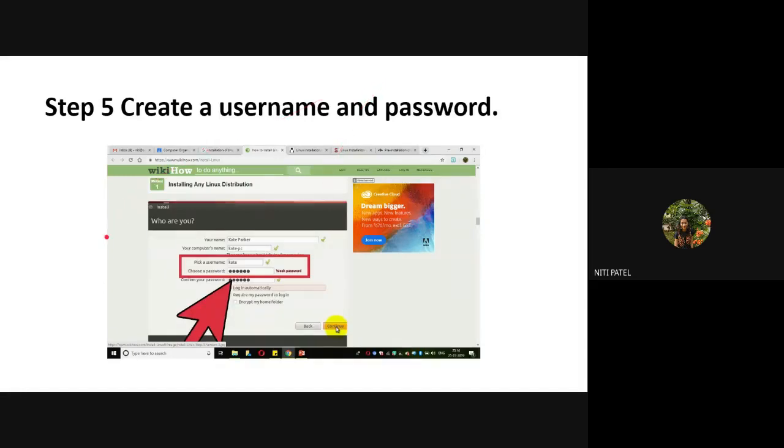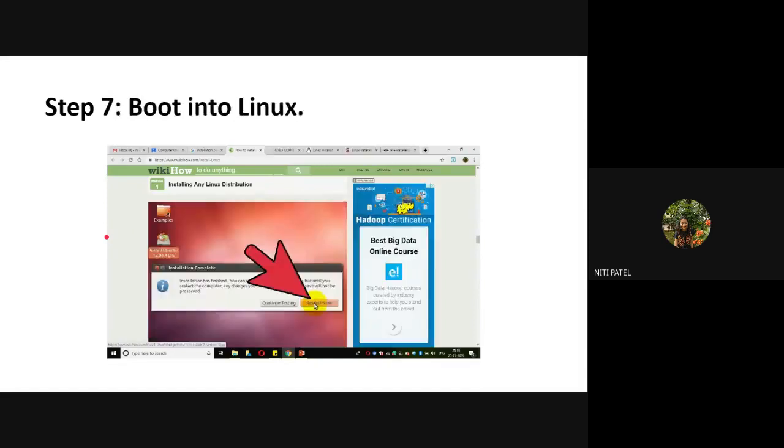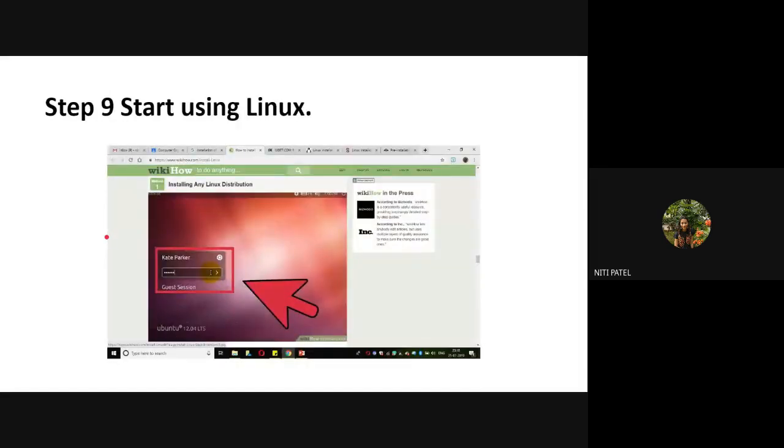Okay, so what you are supposed to do is, you have to use this ID and password after the installation is done. Why? Because you have created just one user right now. After you have logged in with this ID and password, you can open the terminal and give a command to create a user Aditi and then give a password to it, and then you will have two users now. One which you are logged in with, and second will be the details of Aditi.